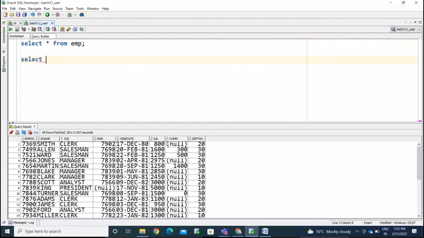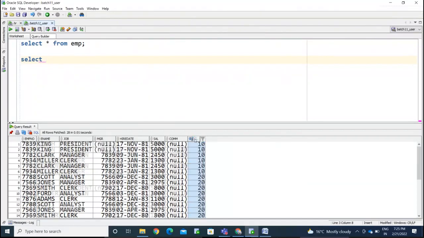Now I need to find out who is getting the maximum salary department wise. We have three departments here, 10, 20, 30. I need to retrieve who is getting the maximum salary in each department. Max of salary